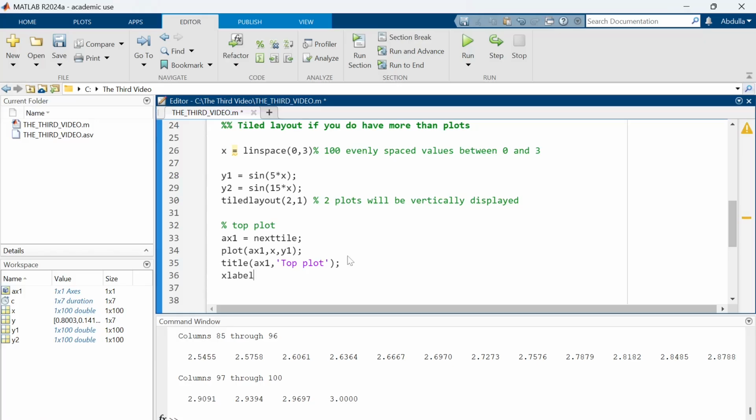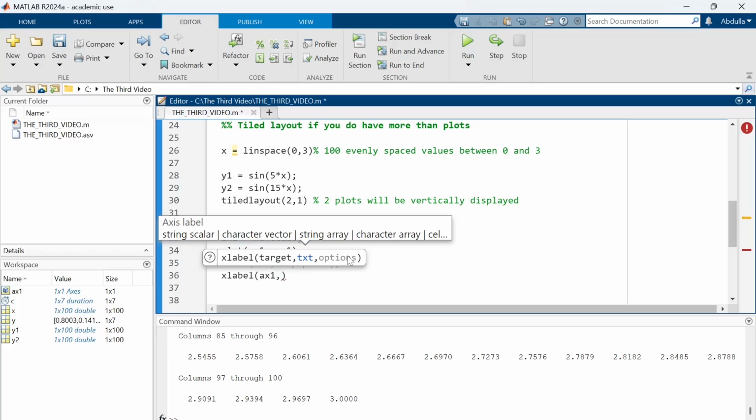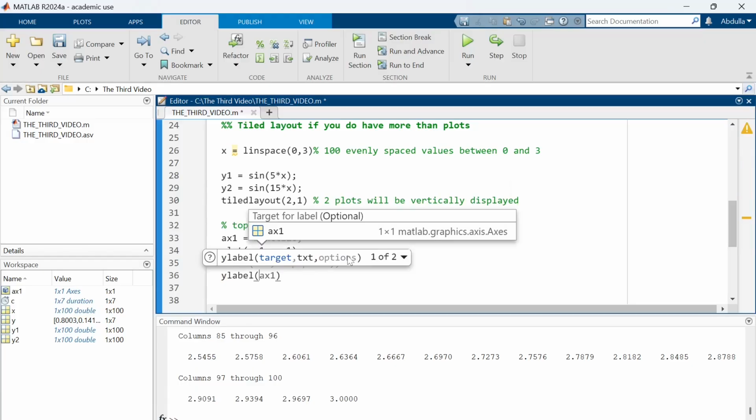Also like X label. Yes, AX1. Let's make only Y label. We don't need X labels that much now, because X will be the same, it's just Y that will change. So Y label AX1